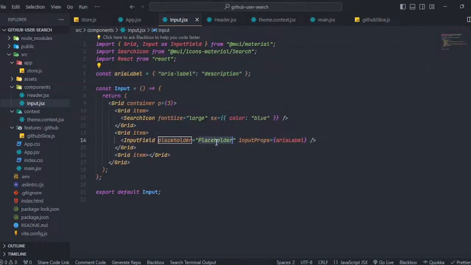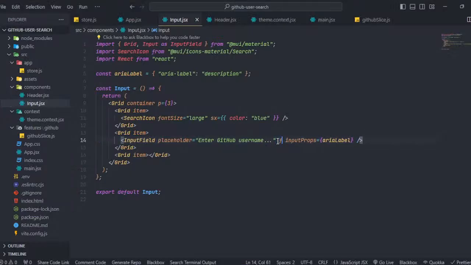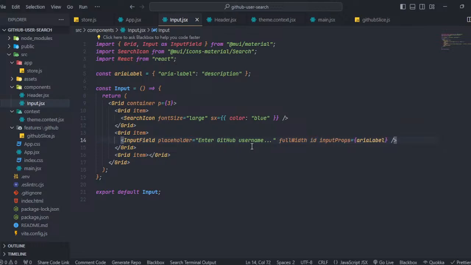Okay, now I will change the placeholder to enter GitHub username. Okay. Now we enter GitHub. Okay, now it was okay, and now the ID is full. I think